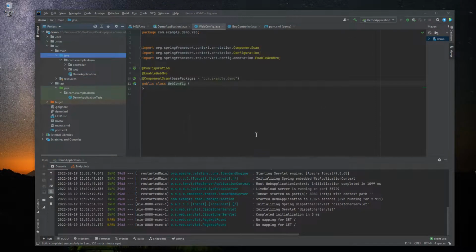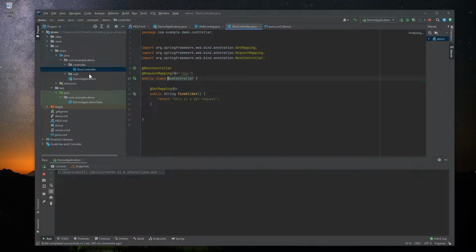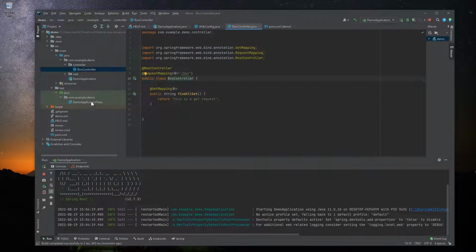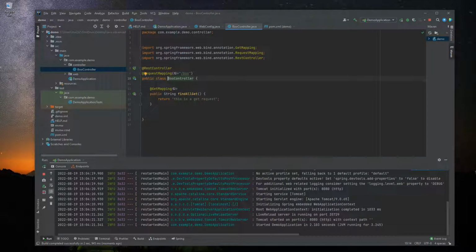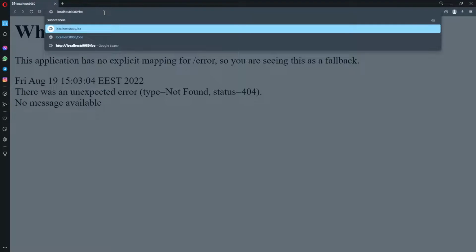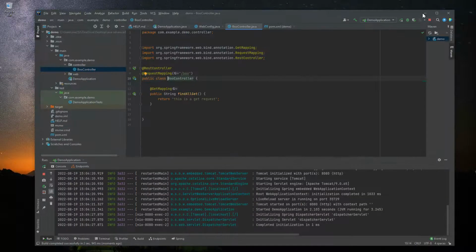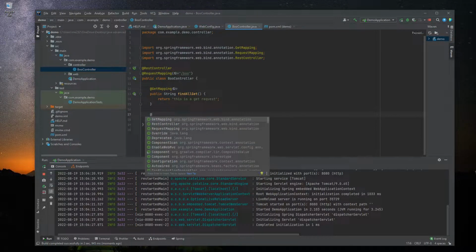Let's start fresh. And let's refresh on Boo. Oh, there we go. This is a GET request. So let's continue, adding a parameter to our GET request,